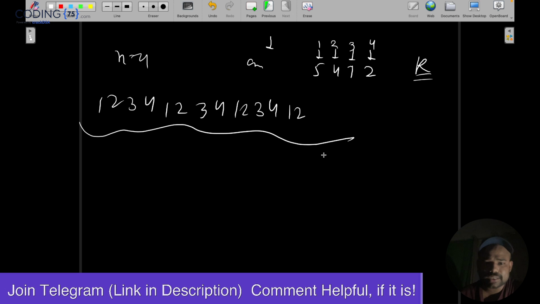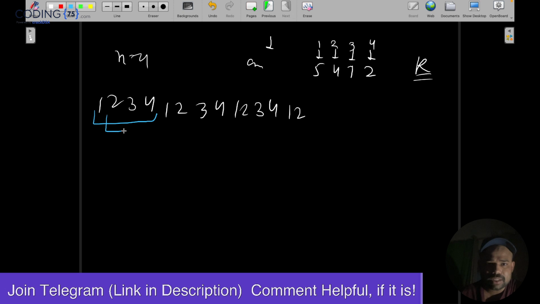When this is done, you can see this is the first subarray that is created. This is the next subarray created. This is the next, and so on. So this is the one subarray that is taken, the first subarray, right? And after that, every number will form a subarray. This will form a subarray. This will now form a subarray. This will form a subarray, right? So this one will contribute, and all the remaining numbers will contribute in a subarray, right?